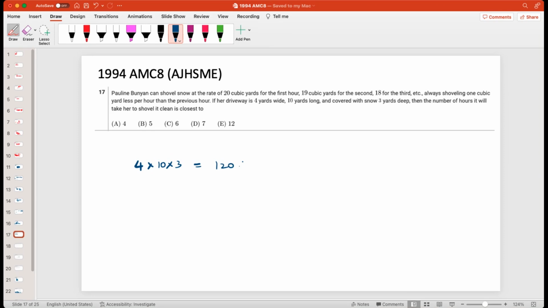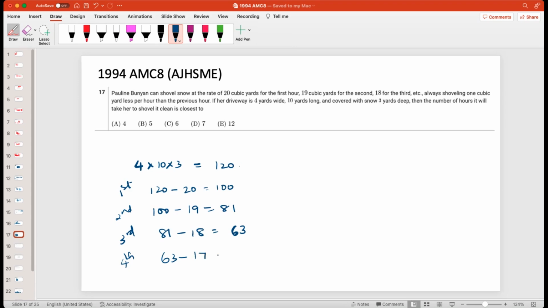120, right? So in the first hour she does 20, so this becomes 100. Then this is the first hour, this is the second. In the second hour she'll do 100 minus 19, which is 81, right? Then the third hour she'll do 81 minus 18, so that will be 63. Then the fourth hour she'll do 63 minus 17, so that will become